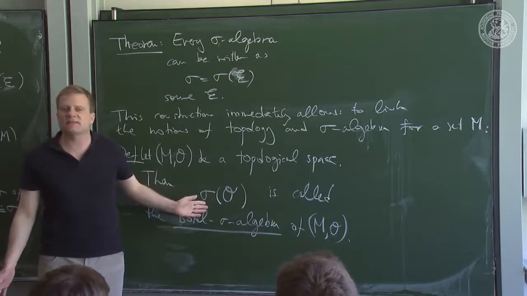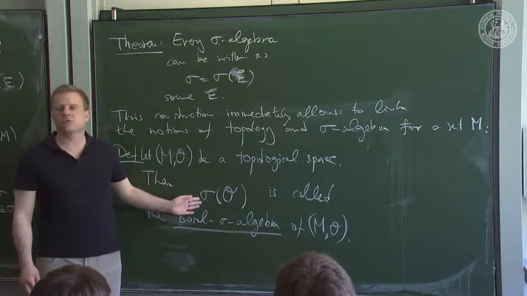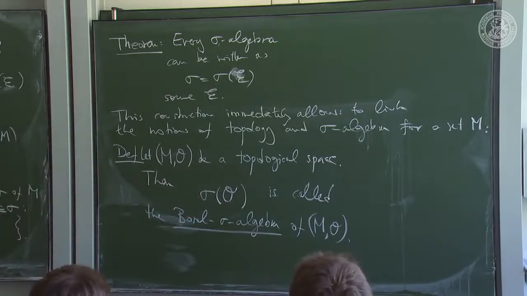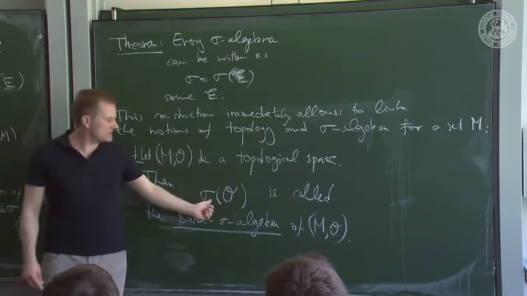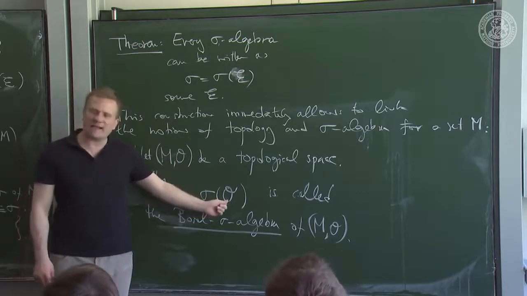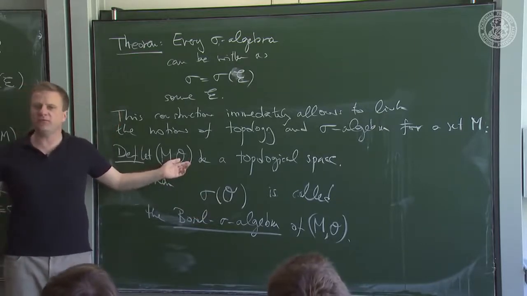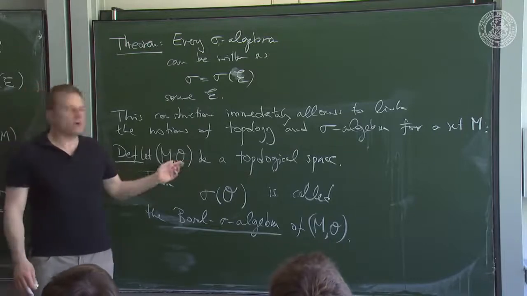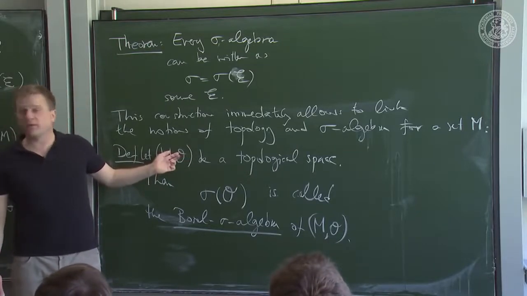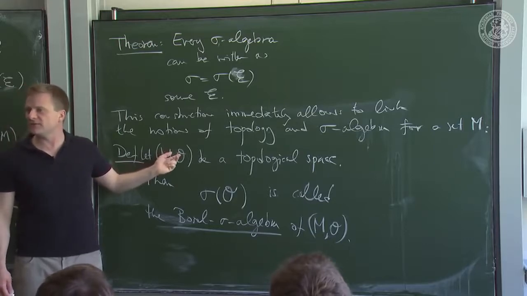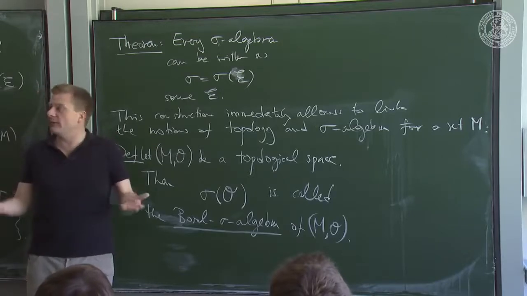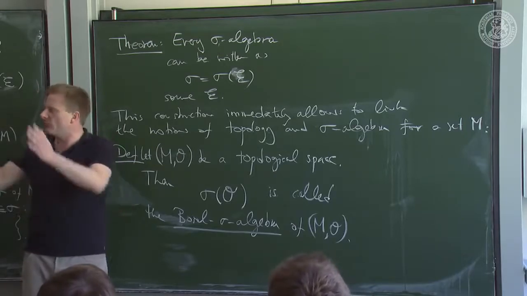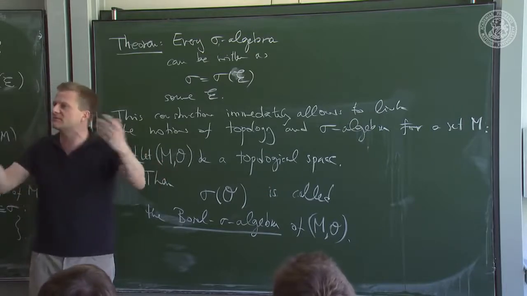The question is whether this is a particularly good idea. Well, it turns out to be a brilliant idea. Okay? So again, why would one do this in the first place? Of course, you could take a topological space and establish a sigma algebra on it that has nothing to do whatsoever with the topology. That's perfectly fine. However, you could also have a Hilbert space with an inner product, and you could establish on your Hilbert space a norm that has nothing to do with the inner product. You could do that, but you will not get the Cauchy-Schwarz inequality, where on one side you have the inner product, on the other side you have the norms, because they have nothing to do with each other.